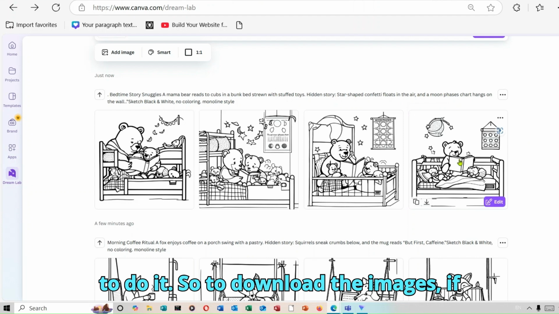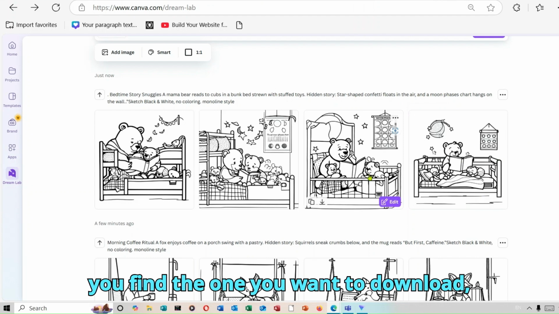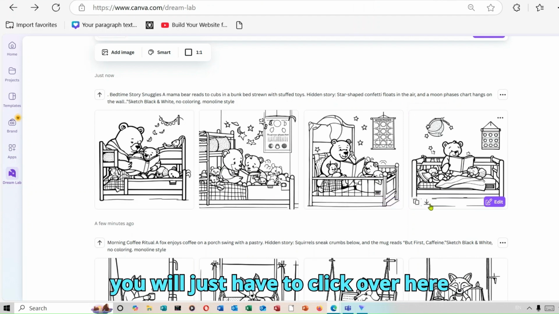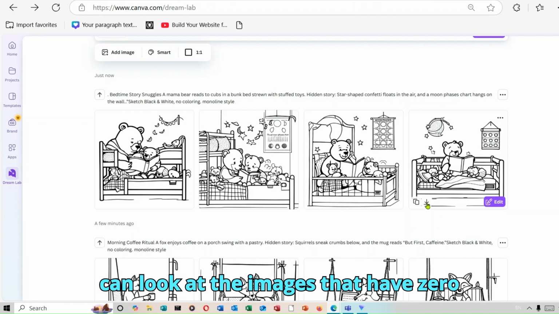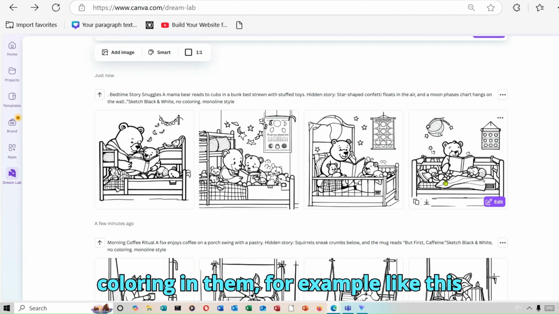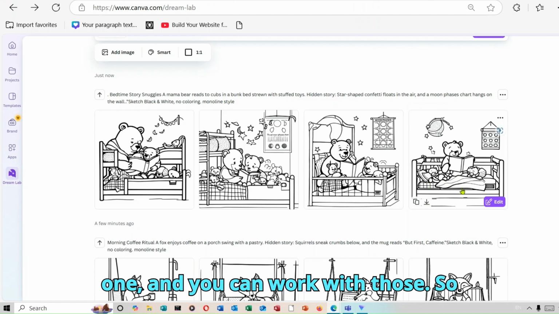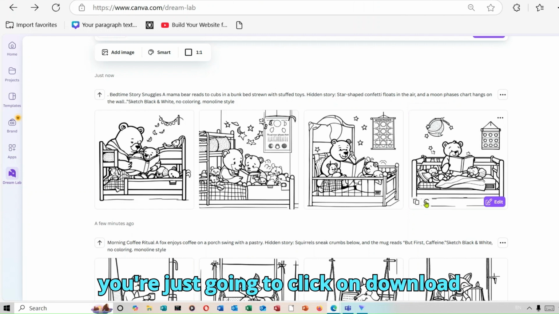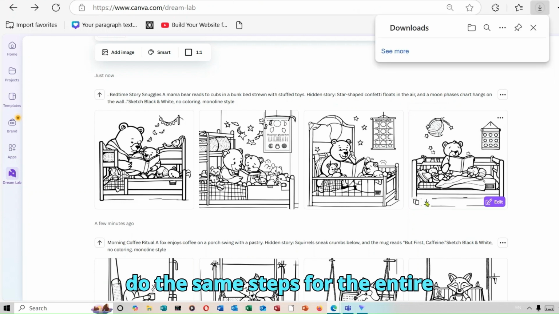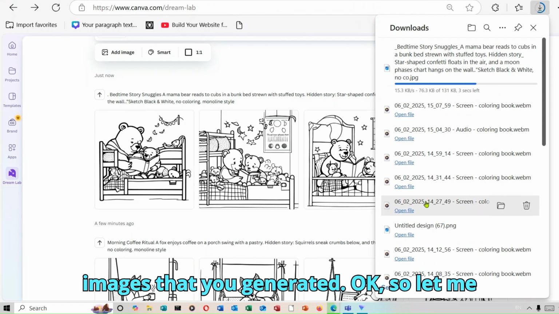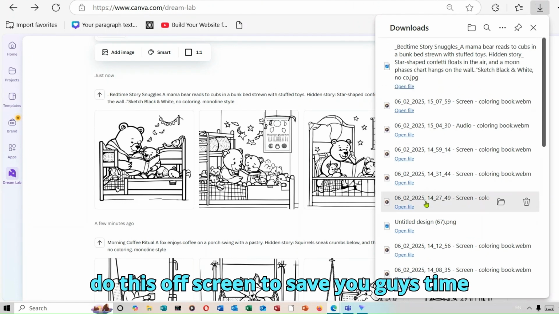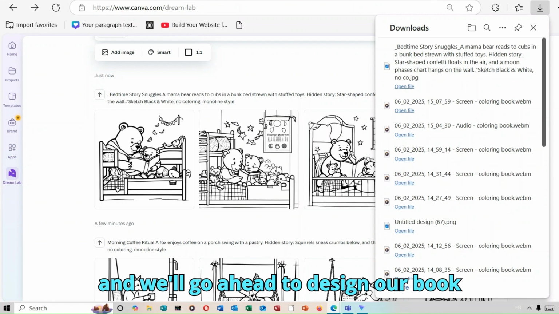So to download the images, if you find the one you want to download, you will just have to click over here where it says download. You can look at the images that have zero coloring in them, for example, like this one, and you can work with those. So you're just going to click on download, just like that, and do the same steps for all the images that you generated. Okay, so let me do this off screen to save you guys time, and we'll go ahead to design our